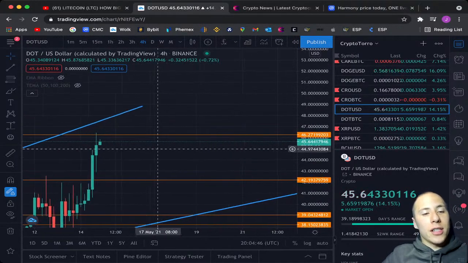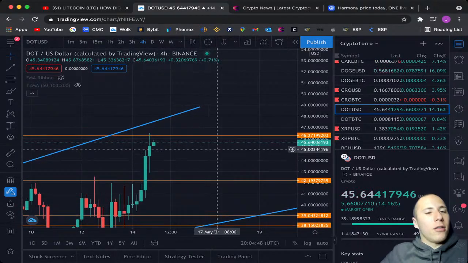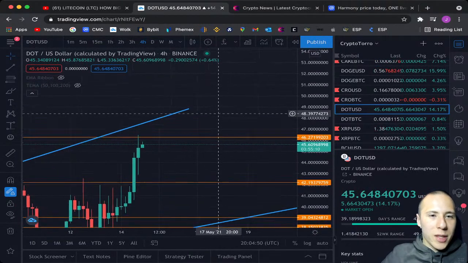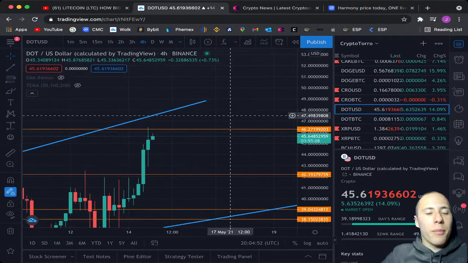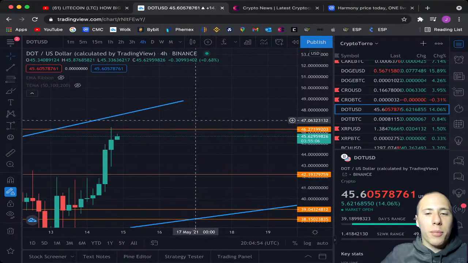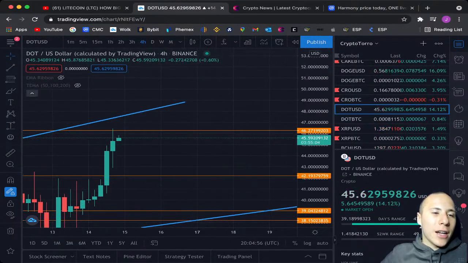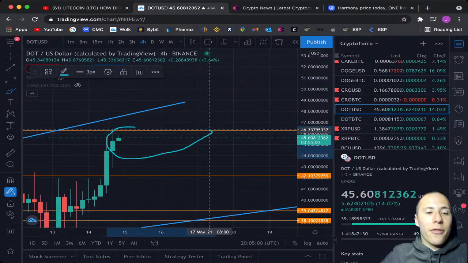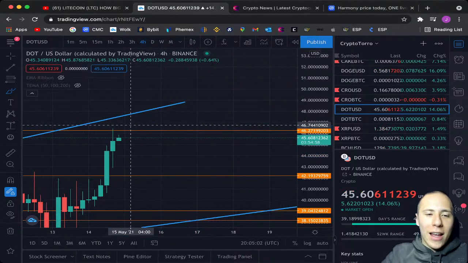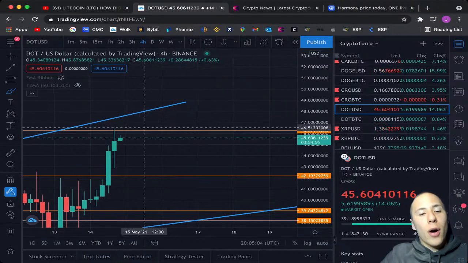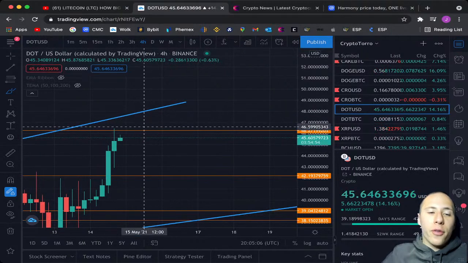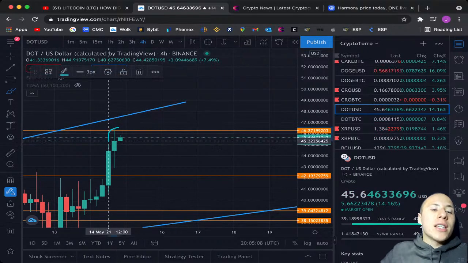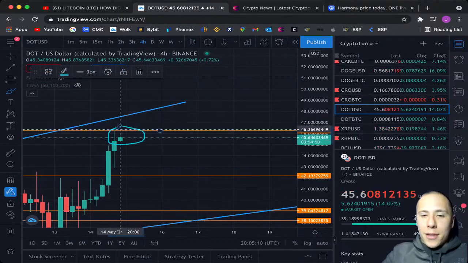But of course, a bullish divergence is not bad at all. I would be very happy if we would be spotting a bullish divergence right now on the Polkadot chart. But unfortunately, it is not the case, and that's why I will be looking at whether Polkadot will have enough momentum to go above this level of current resistance and find support on it.